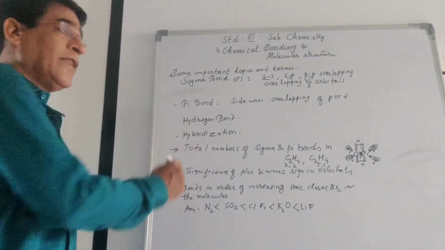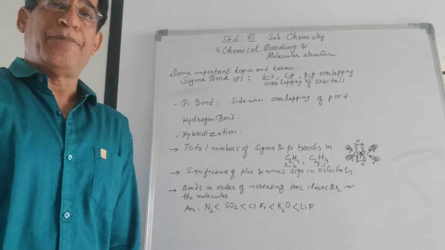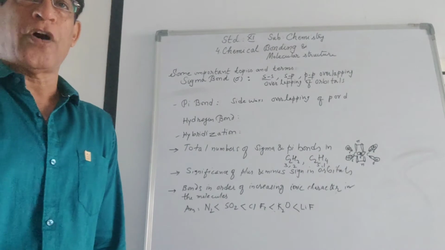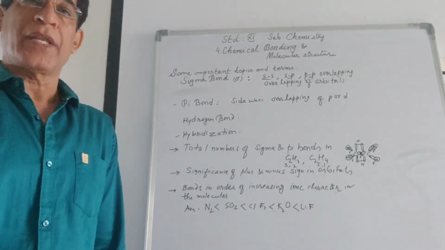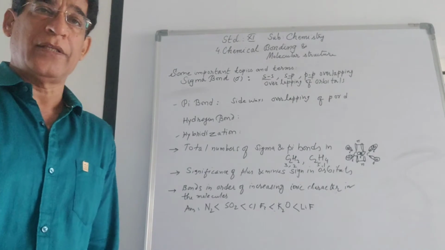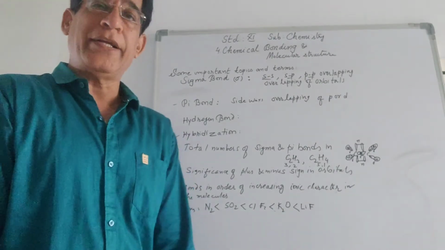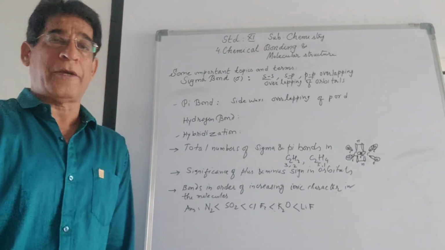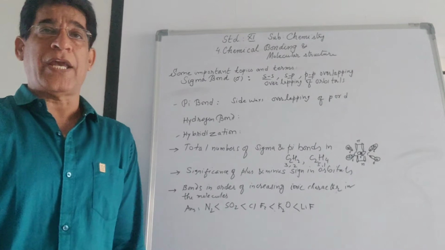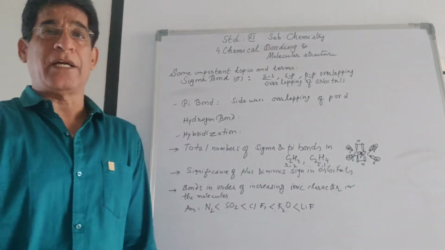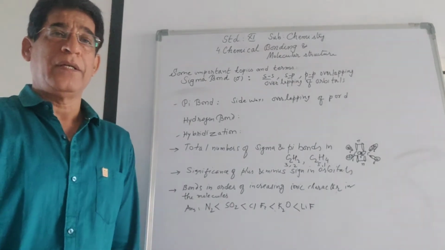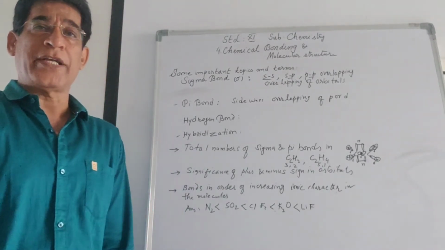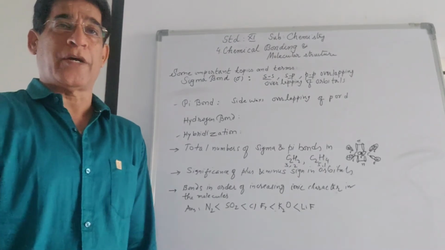Now, hybridization. The process of mixing of the atomic orbitals to form new hybrid orbitals is called hybridization. All hybrid orbitals of a particular kind have equal energy, identical shapes, and are symmetrically oriented in shape. The hybrid orbitals are designed according to the type and number of the atomic orbitals.